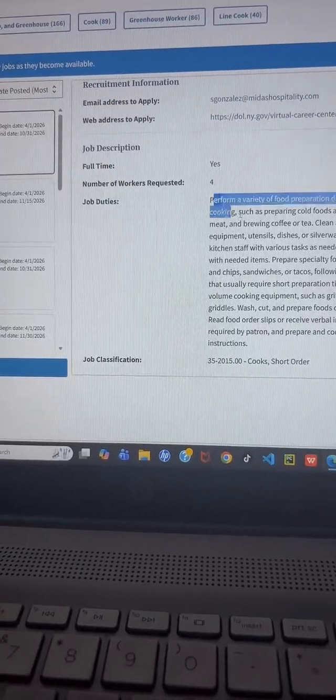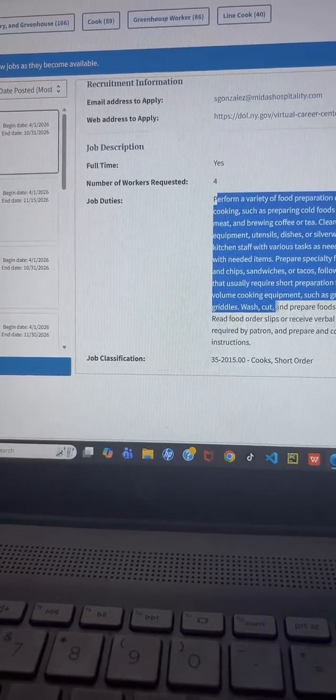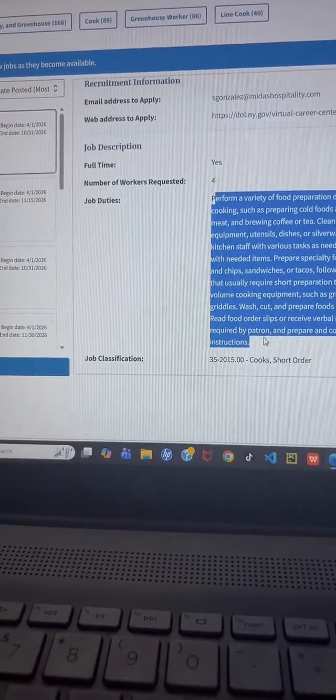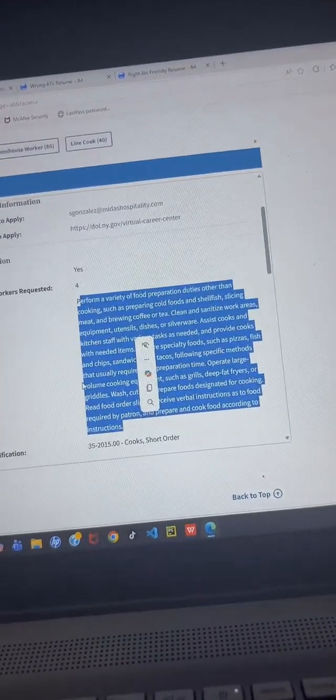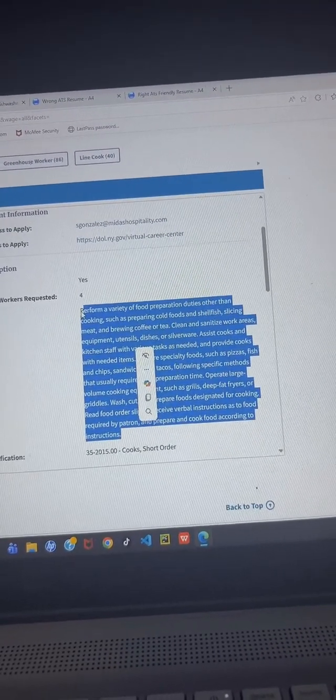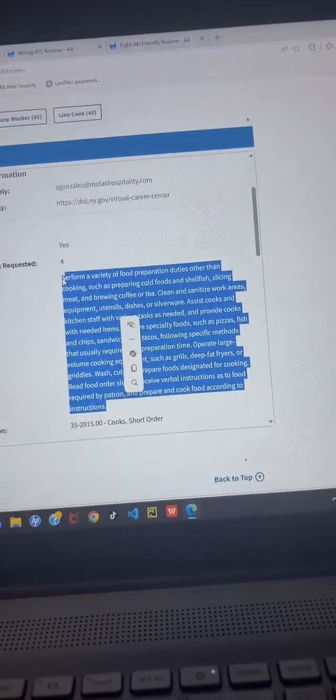Guys, you can use the job duties to put in your resume, in the job duties section under the work experience section. You can use these job duties and put them in, but don't just copy the exact same thing.